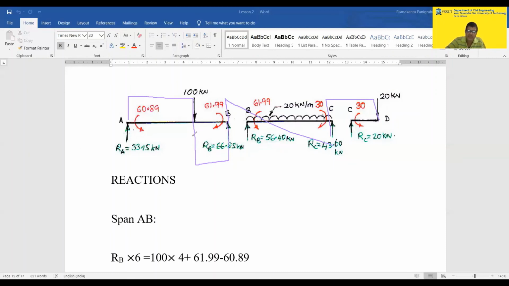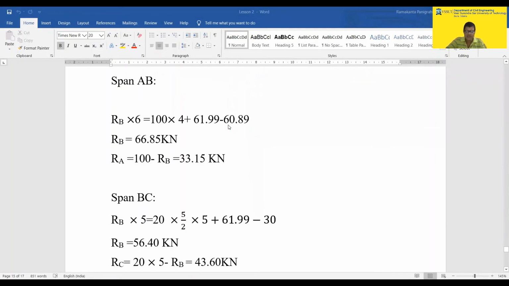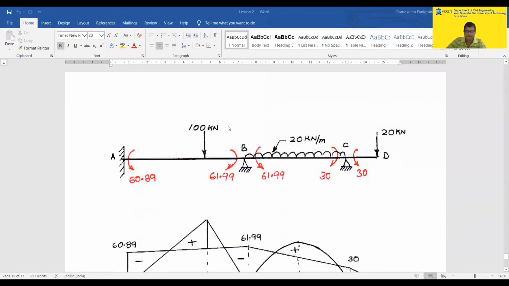Now to draw the bending moment diagram, you draw the end moments. The clockwise moment, here it is bending moment, is here it is anti-clockwise or negative. Here it is clockwise negative, because anti-clockwise is positive from this side. So just draw the values on the diagrams, over which you have to superimpose the value of the positive moment diagram, which we have already drawn in the previous lecture. Now we can see here.